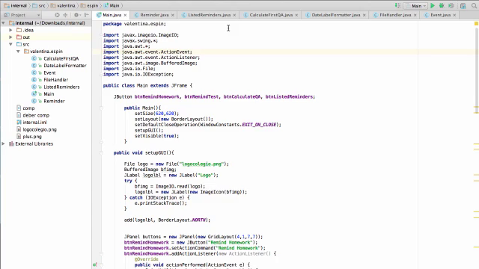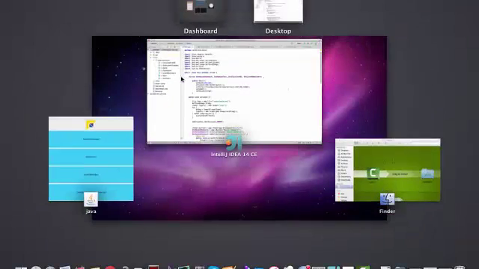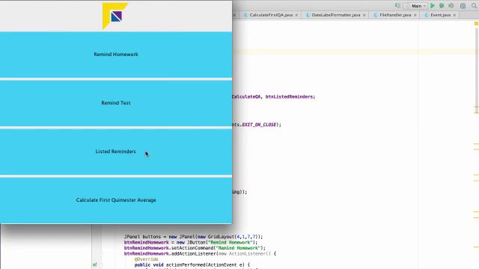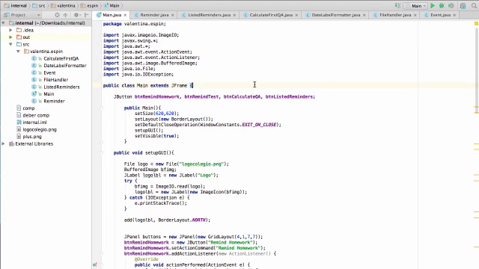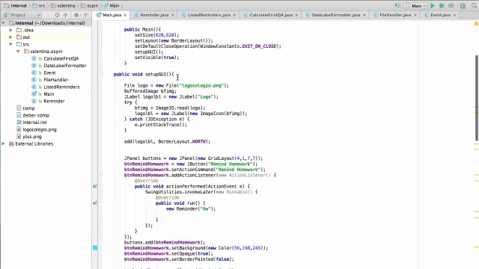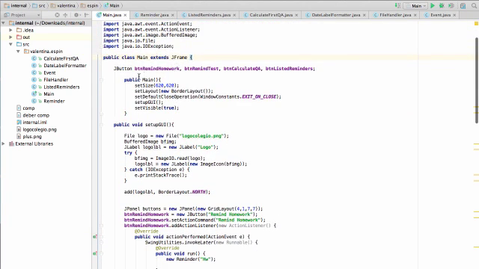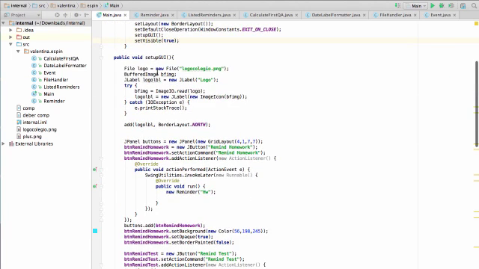So let's start with the main. In my main class, it creates a window that is just like this. This is the logo of the school, by the way. So I imported all the things that we need. I created the JButtons, and then here I created the window. I set the size, and I implemented a method for exit and close. So when setting up the GUI, I inserted my logo in north. Then I inserted